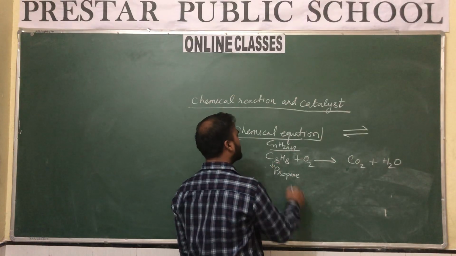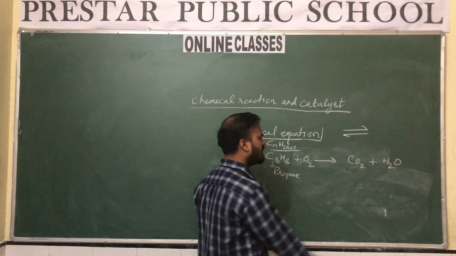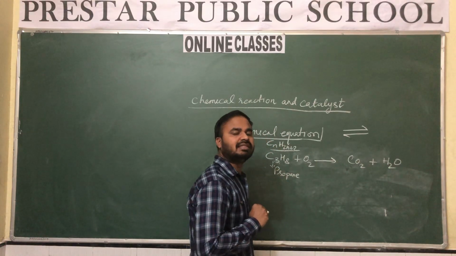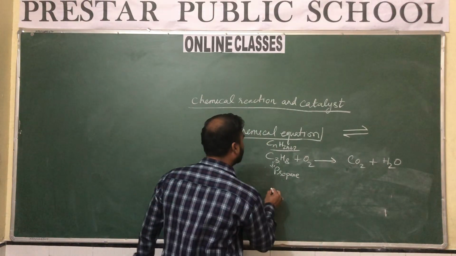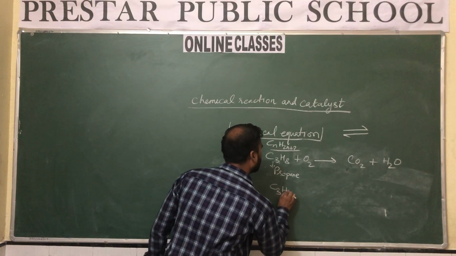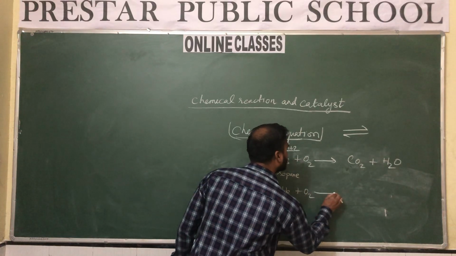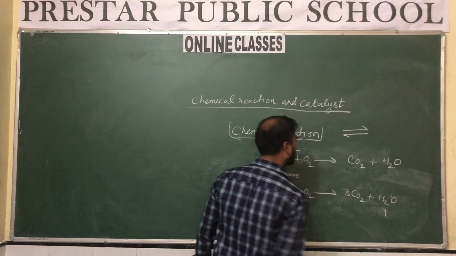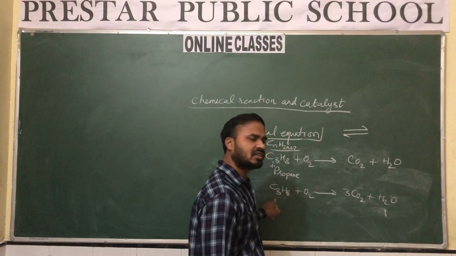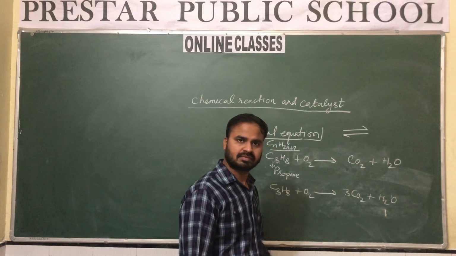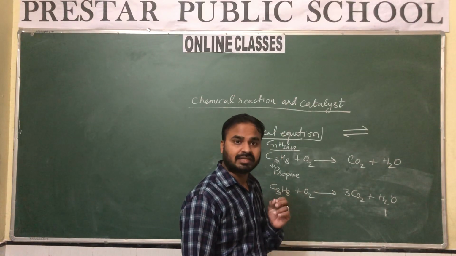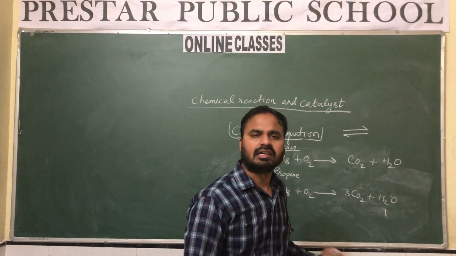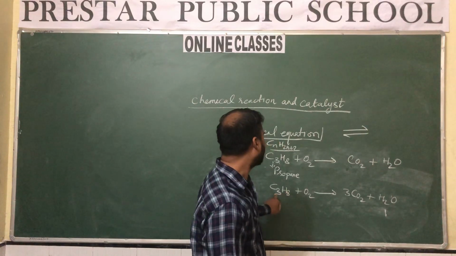In the reactant the number of carbons is 3, and in the product the number of carbons is 1. So first I will balance carbon. So it becomes C3H8 plus O2 gives 3 CO2 plus H2O. Now the number of carbons is balanced or not? 3 carbon and 3 carbon. I have to balance the whole equation, but I am just telling a way to balance. First except oxygen and hydrogen, you will balance all atoms. Now you have balanced carbons.